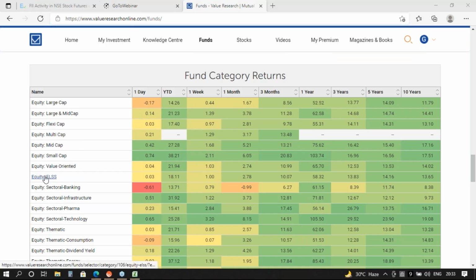If you want to check ELSS, that is the tax saving schemes, you can click on it over here. This is the average performance of tax saving schemes for 5 years, 10 years on a cumulative basis. If you want to invest in a large cap, you can check the performance of large caps. If you want to select mid caps or a combination of large and mid caps, you can click on all these hyperlinks over here and check fund wise